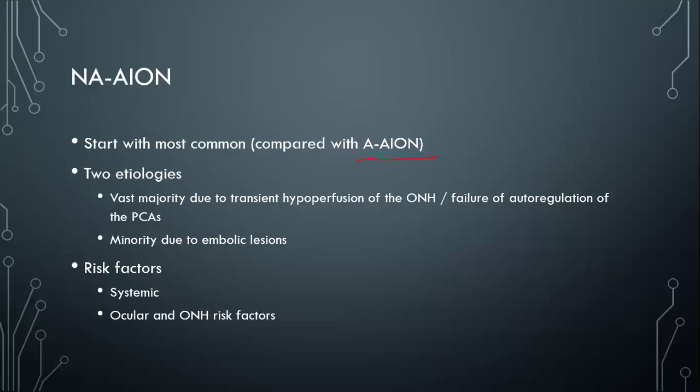Or you can have embolic lesions which block off some or more of the posterior ciliary arteries. The important points here are that, one, you can think of the hypoperfusion, or at least I think about it, as the way you can have this in lots of different parts of the body, right? Like someone who's hypotensive, maybe in an intensive care unit, they can have mesenteric ischemia from hypoperfusion, or you can